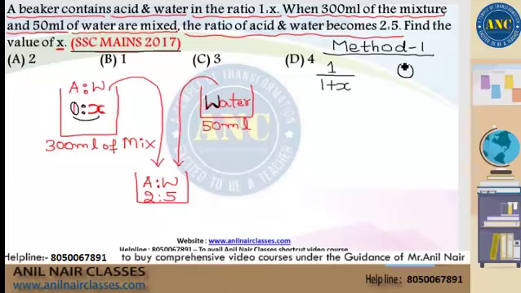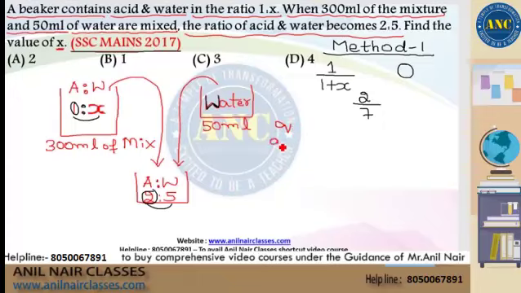So the acid parameter in the second vessel is 0. In the resultant vessel, out of total 2 plus 5, 7 liters, 2 liters belong to acid. So it is 1 by 1 plus x, and second vessel acid is 0, third vessel acid is 2 out of 7. Now, can I say that if I alligate it,